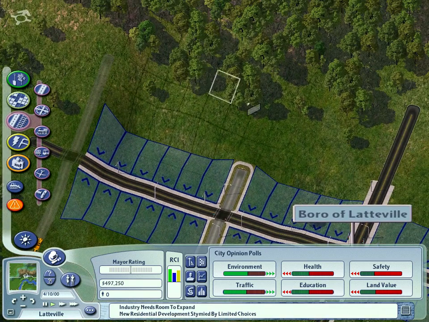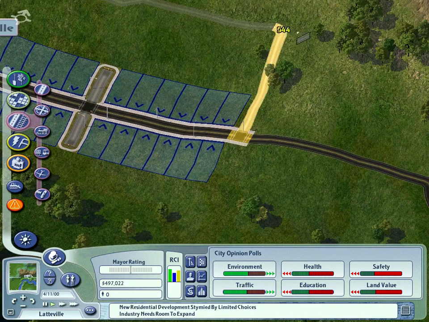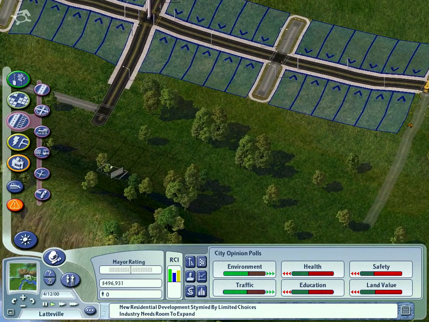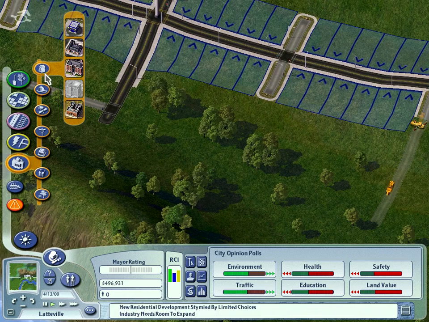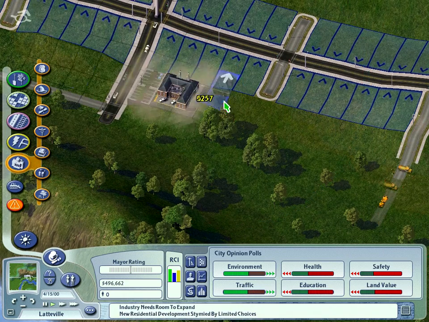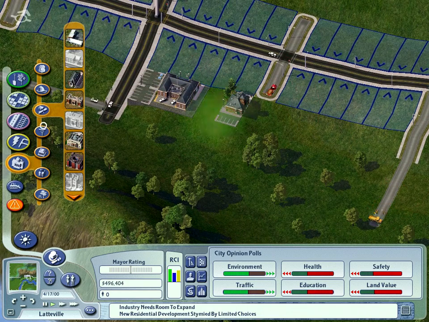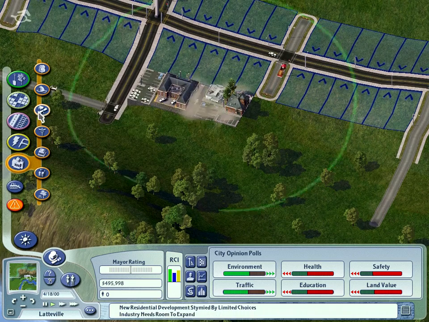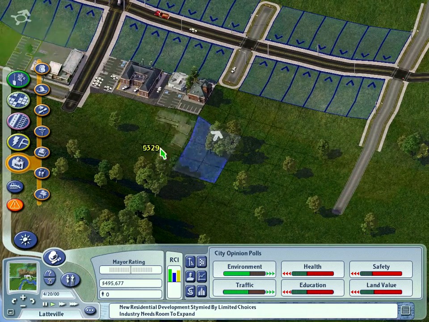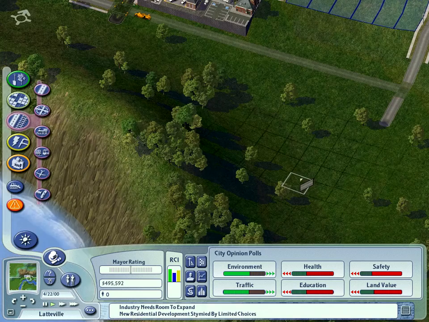Alright, then we're going to surround this with more roads. What we're going to do is buck my usual trend. Throw down a police station. Throw down a fire station. We're going to throw down a medical facility. We're going to throw down an elementary school. And finally, we're going to throw down and fight. Ho ho ho. I made a pun. Alright, so